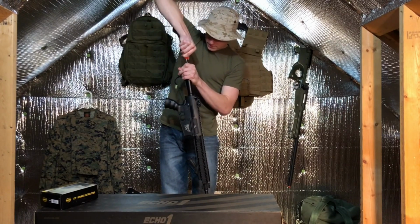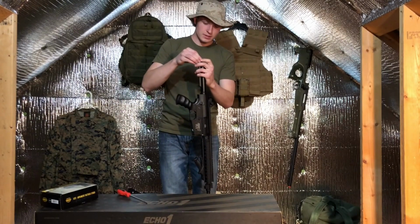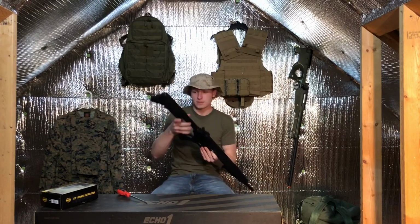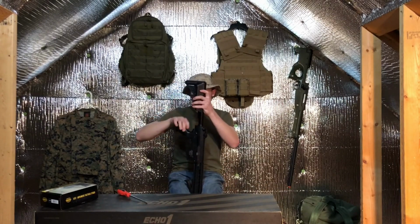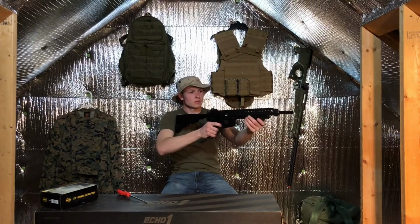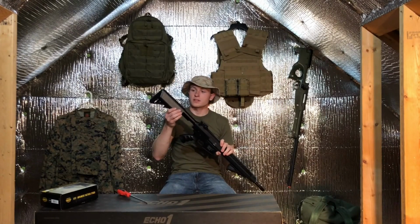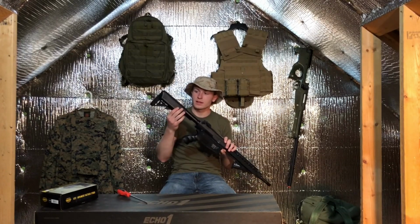Just get it pretty tight. I'm just going to tuck these wires back in, keep them out of the way for the video's sake. And slide the stock back on real quick. You can see now very tight, it doesn't move. There's the stock itself, it has just a smidge of wobble in it,